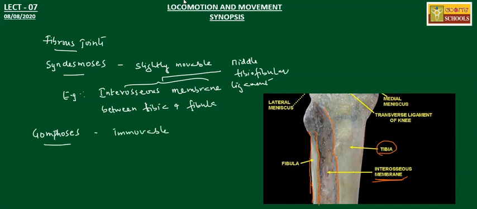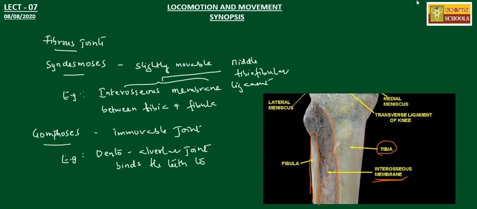It's an immovable joint, and we see this one at the dento-alveolar joint. So this dento-alveolar joint binds the teeth